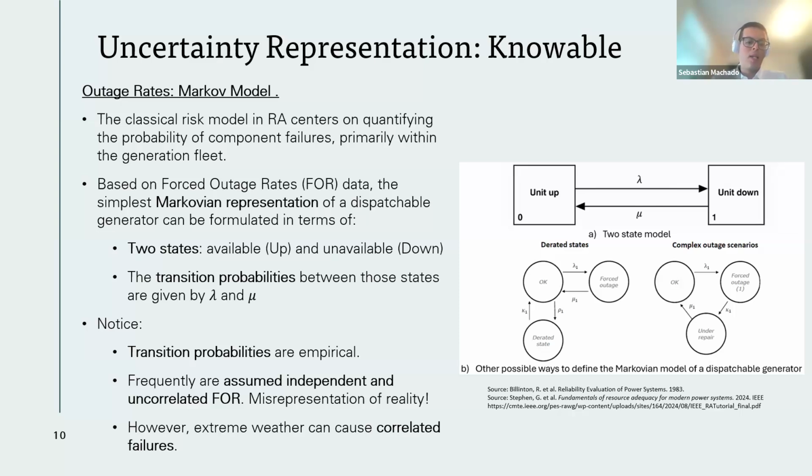And also, models often assume that forced outage rate values are independent and uncorrelated across the generators and devices in general. So it is also important to recognize that in reality, correlated failures can occur, for example, during extreme weather or extreme